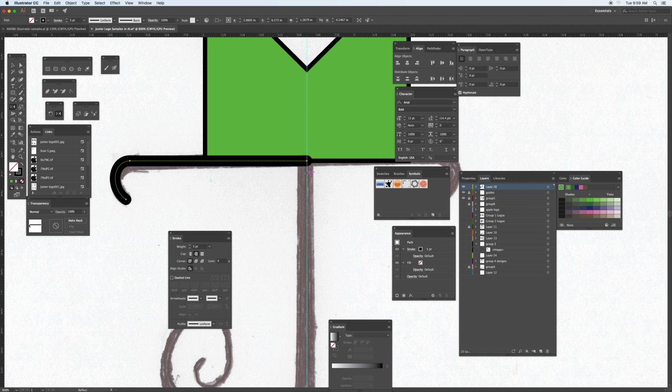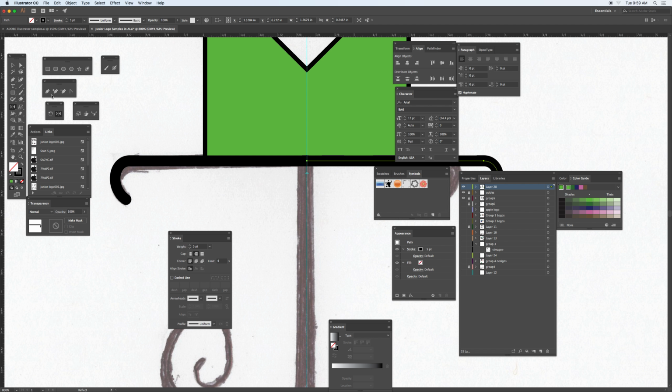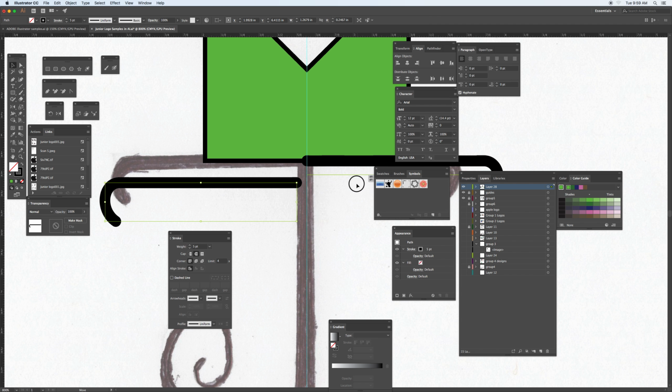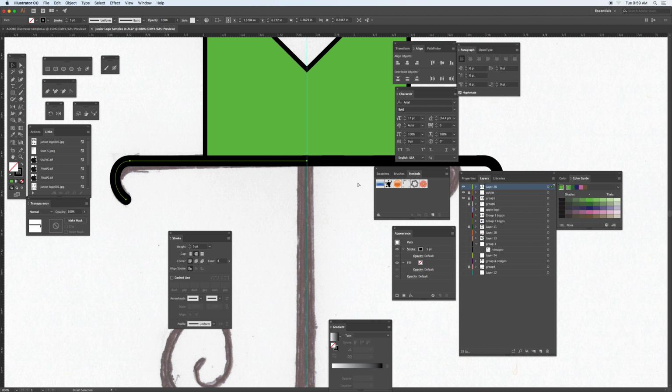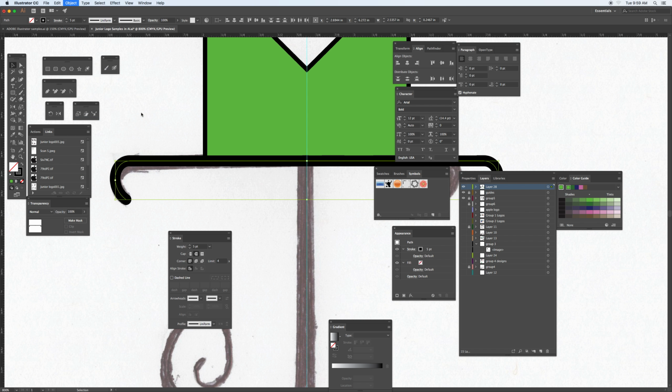Again, hold the option and click on the insect section there and copy it. So now you have two paths, and I just want to show you this other section here. There's two of these pieces to put back together. Take the direct selection tool. Actually, I think I can just select both of the paths here. So they're both selected, and I just go to Object, Path, and it should let me join these together. So now it becomes one